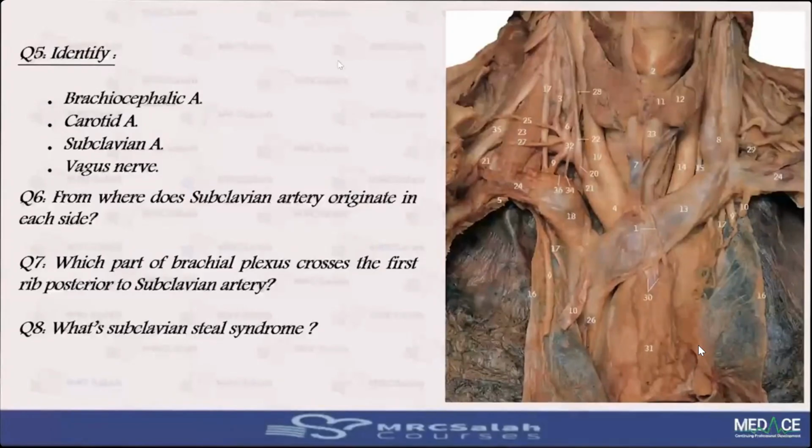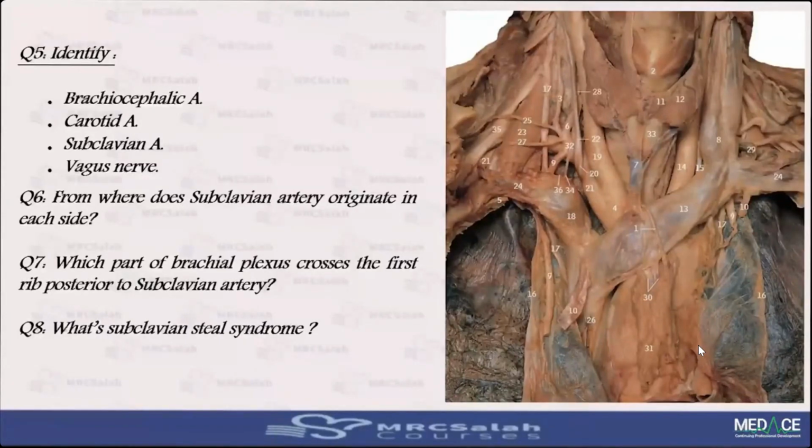Subclavian steal syndrome. This is the retrograde flow of blood from the vertebral artery to the subclavian artery of the contralateral side. Sorry, I didn't get it. Would you explain it more clearly, please? Subclavian steal syndrome is the